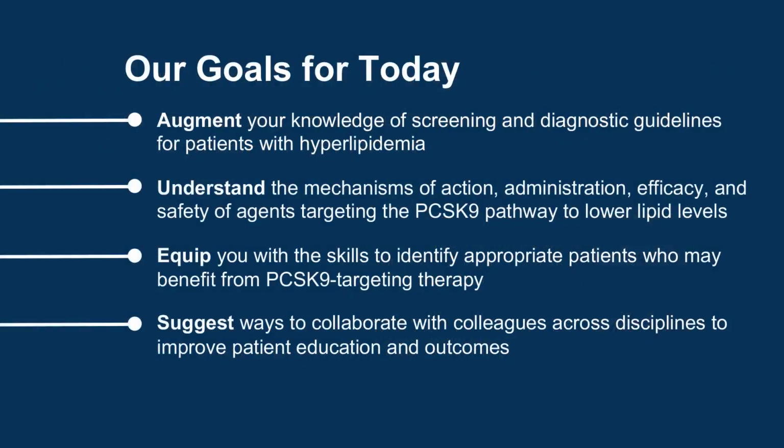We're going to augment your knowledge of screening and diagnostic guidelines for patients with hyperlipidemia. We want you to understand the mechanisms of action, administration, efficacy, and safety of agents targeting the PCSK9 pathway to lower lipid levels. The third goal is to equip you with the skills to identify appropriate patients who may benefit from PCSK9 targeting therapy. And fourth, the goal is to suggest ways to collaborate with colleagues across disciplines to improve